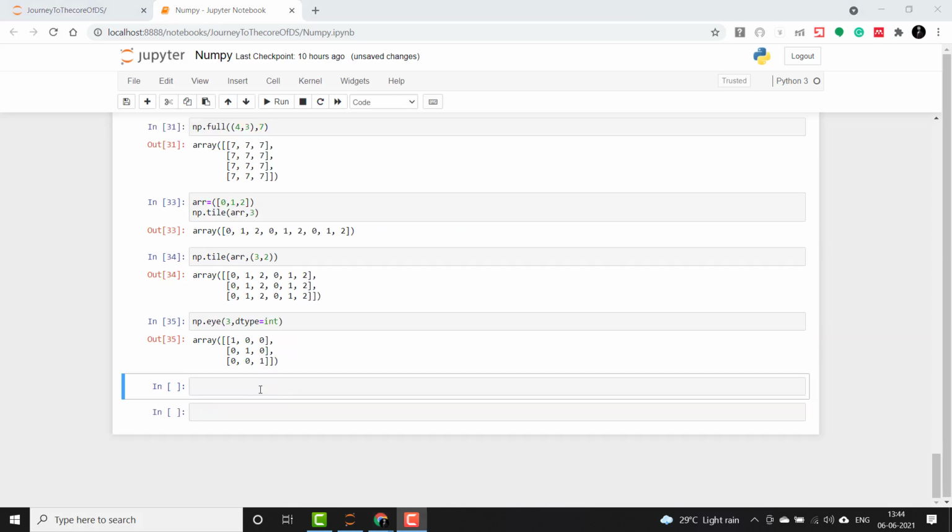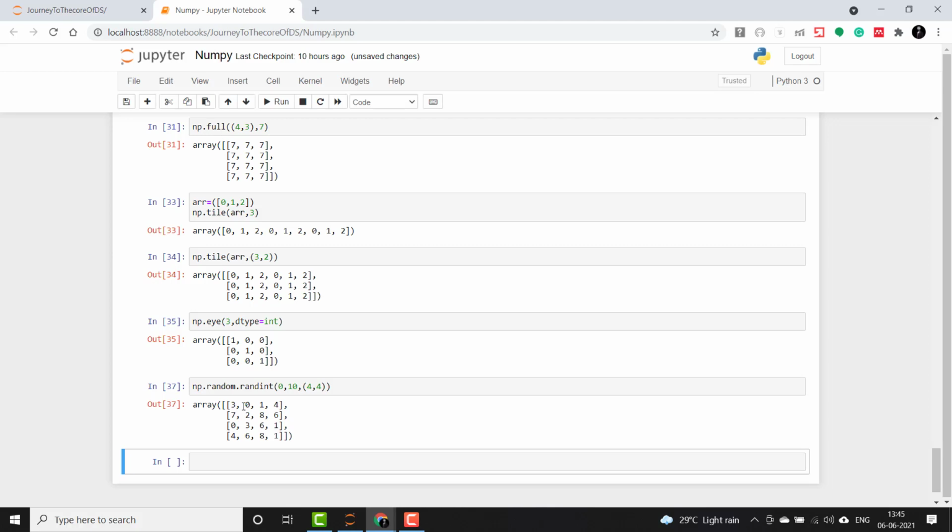Now let's check out np.random.randint. So I'll say np.random.randint, 0, 10. It will take all the numbers from 0 to 9 and create a matrix of 4, 4, so 4 rows and 4 columns, taking the numbers from 0 to 9 and randomizing them into the same matrix.